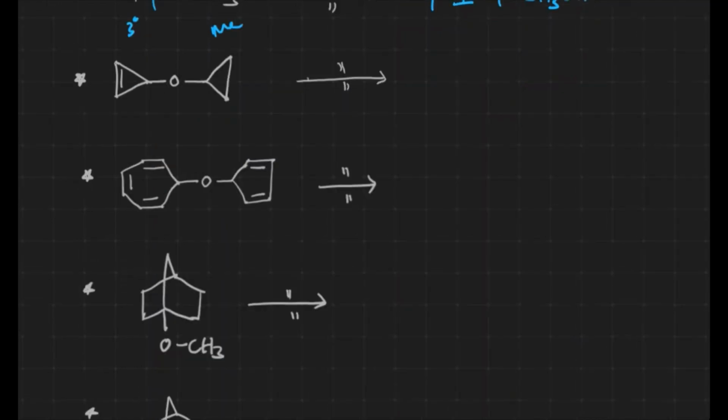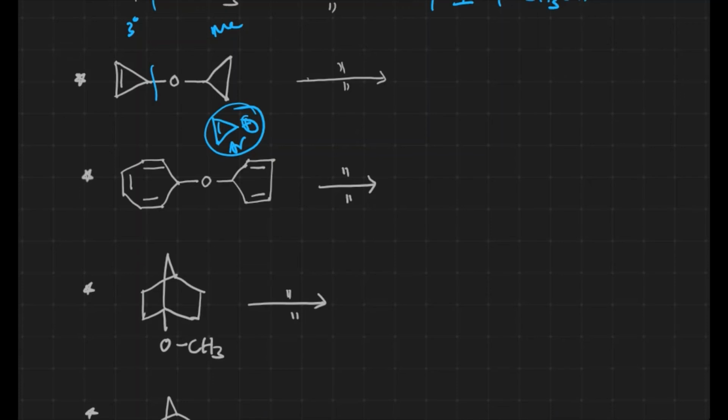Now let us see what is going to happen here. This is a secondary carbon. For secondary carbons we can expect both SN1 and SN2, but in this case, when bond breaking takes place here, the generated carbocation is going to be something like this. This is aromatic, more stable, right? If the carbocation is more stable, then the SN1 reaction readily takes place.